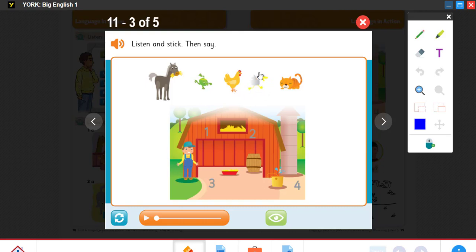And what's the duck doing? Yes, it's running. And what's the cat doing? Yes, correct answer, it's sleeping. Great answers. And now let's move